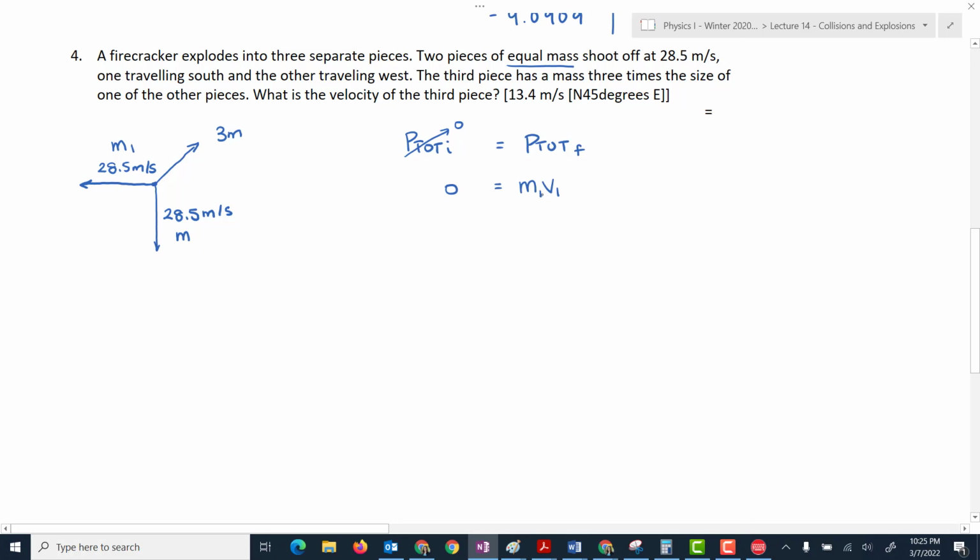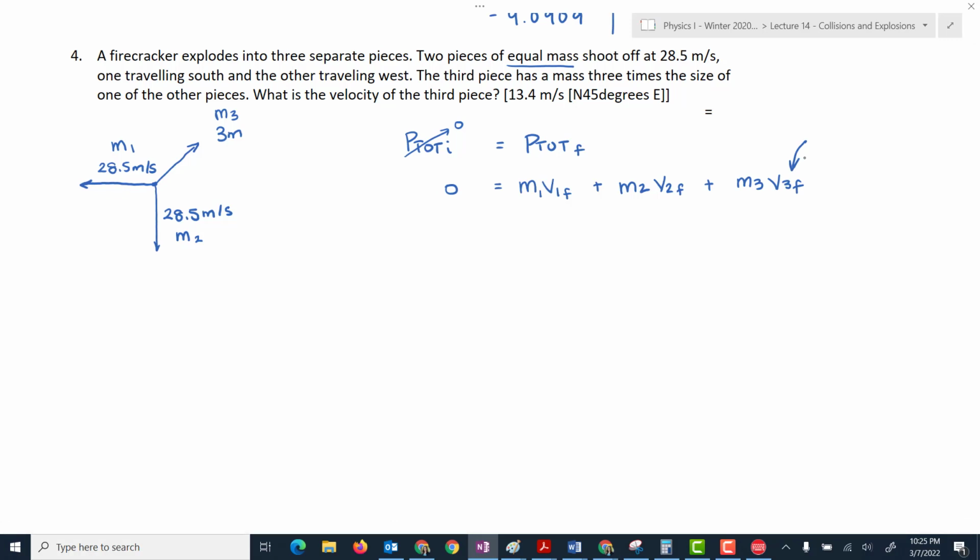So I'll write M1, V1 final, plus M2, so this one I'll say is M2, V2 final, plus M3, so this one I'll say is M3, V3 final. Okay, I'm trying to solve for this V3, but I should really decompose everything to X and Y